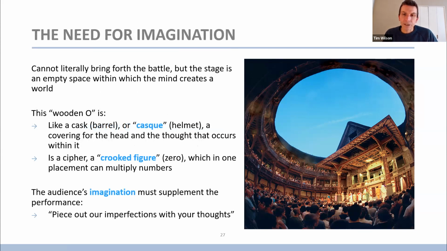So on the need for imagination, I think the first speech is really important for a couple of reasons. Remember, we said one of the things that recurs in a lot of the works that we're looking at that deal with war is how the dimensions of war can't be represented, the deaths cannot be represented, that the experience of death and of being so near death can't be represented, because it's not something that the living have lived through and are able to come back and tell us about.